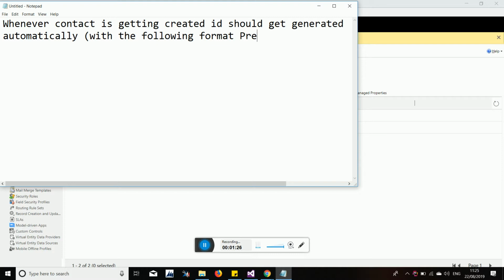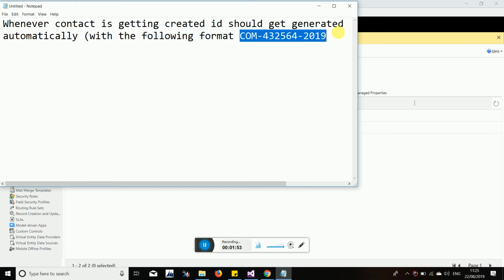Format will be, there should be some prefix. Suppose the prefix is com, and then after some number, some suffix should be there. Suppose it is year, like this. In this particular format your ID should get generated and it should get set to the ID field.